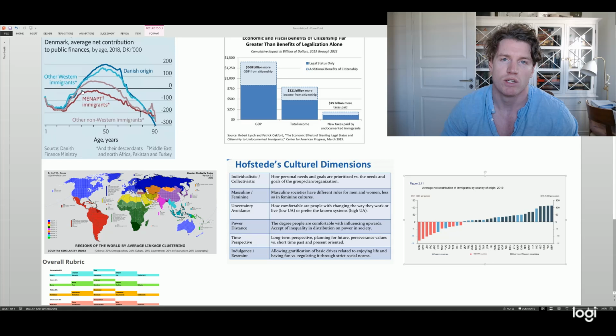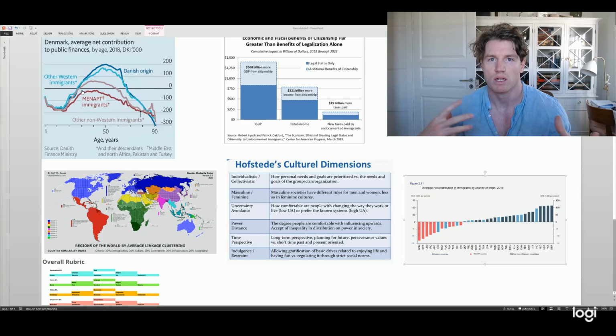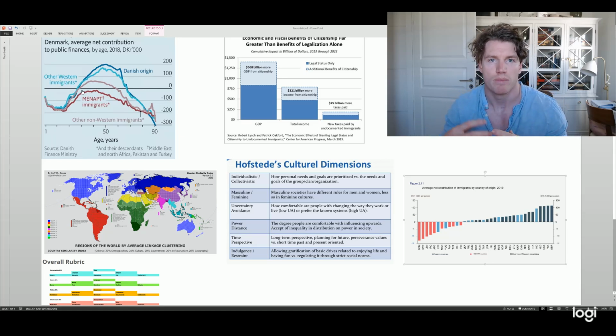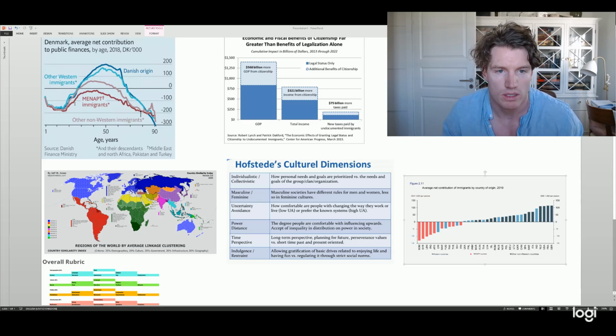because obviously a taxpayer base is what's allowed for the continual growth and prosperity in our countries in the first world, and it's why third world countries are still rather awful, is because they don't have a middle class paying a large amount of tax. They don't have companies trying to pay certain taxes, payroll taxes, but also company tax rates. So the idea here is that we all contribute towards a certain goal around prosperity, and that can be both material and otherwise. The Danish case, as you can see though, is hugely